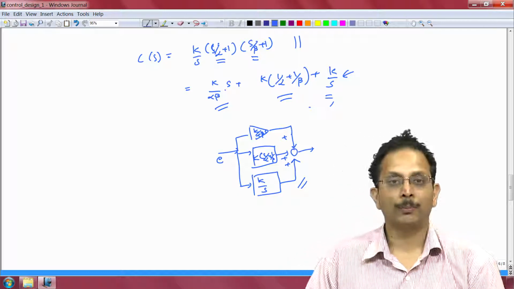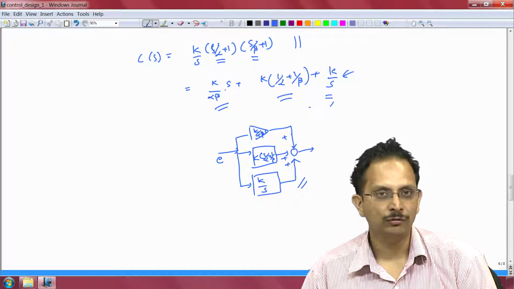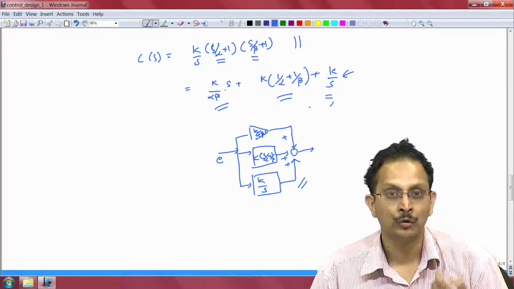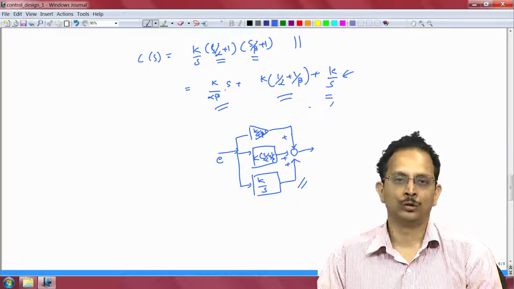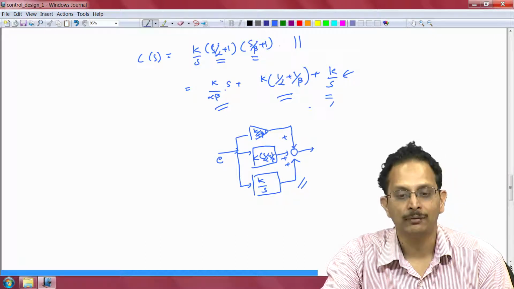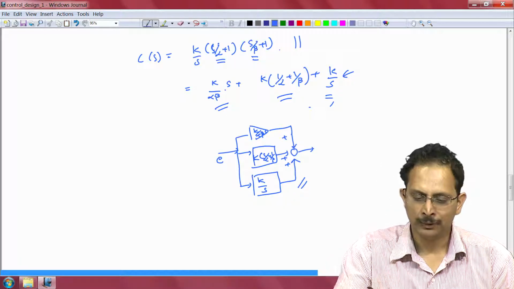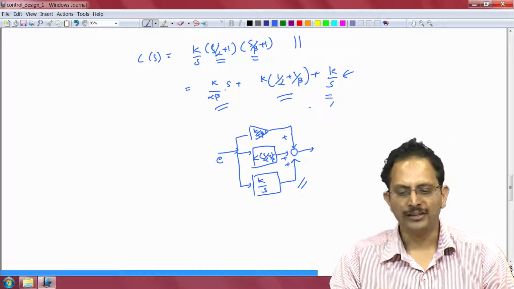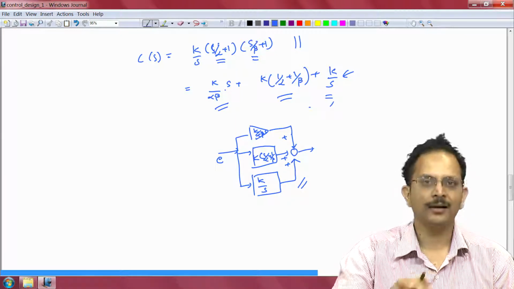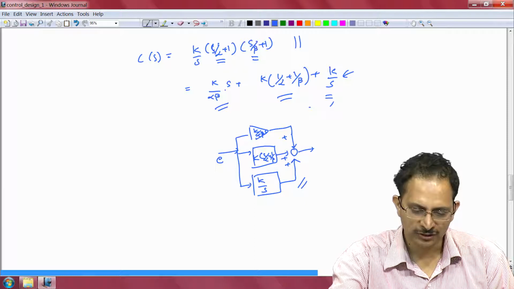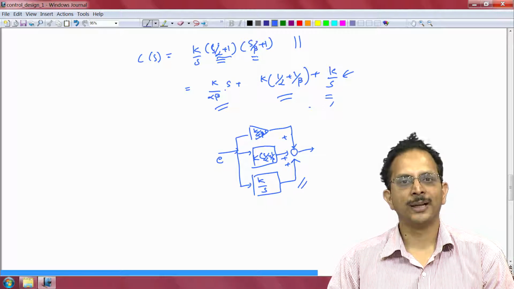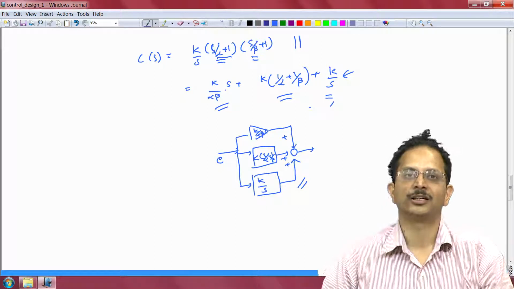However, from the point of view of analysis, from the point of view of understanding what each of these terms, the proportional term, the integral term, the derivative term do to the overall loop gain, it is best to represent a PID controller in the form that I have written out here, because this allows us to clearly see what each of these terms help with in terms of performance. The integrator helps with low frequency performance, this 0 at alpha helps with mid frequency performance, and the 0 at beta helps with high frequency stability considerations.